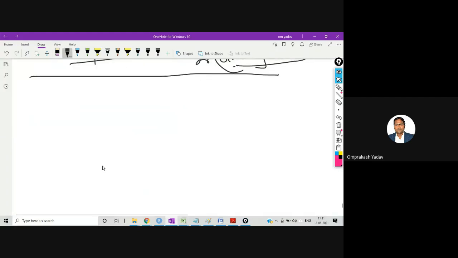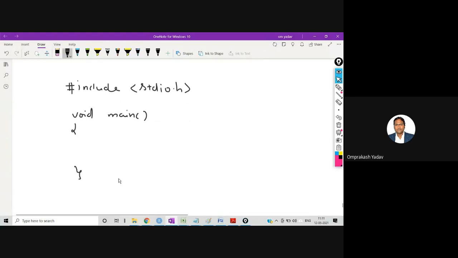For example, if you write any code, first you will write hash include stdio dot h, then void main, and in this whatever you want to write.